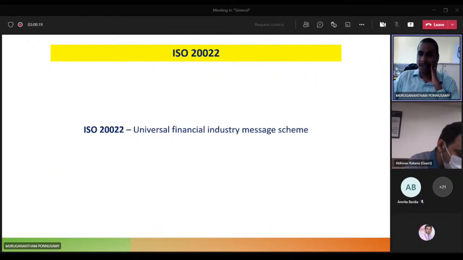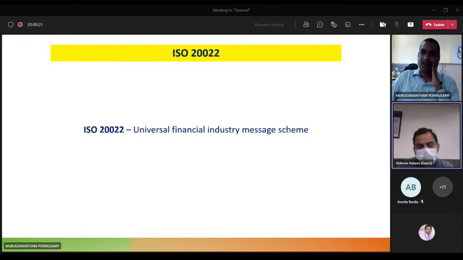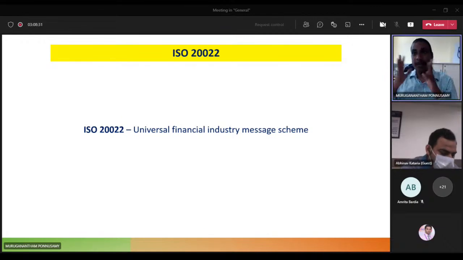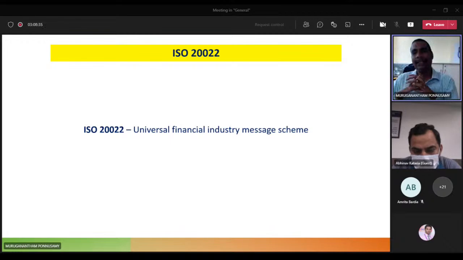Maybe some of you who are specialized in finance may recall quickly about this ISO. It's a multi-part international standard prepared by ISO Technical Committee TC 68 Financial Services. If you are claiming that, sir, I incorporated, implemented